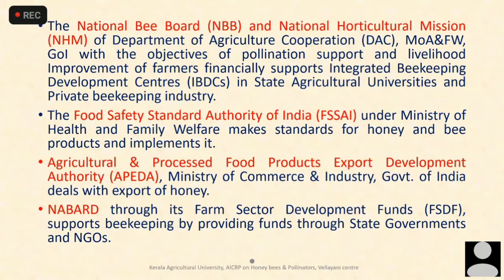And other than all these, through its FSDF, that is the Farm Sector Development Fund, they support beekeeping by providing funds through NGOs. So recently, under the Atma Nirbhar Abhiyan, the government has allocated nearly 500